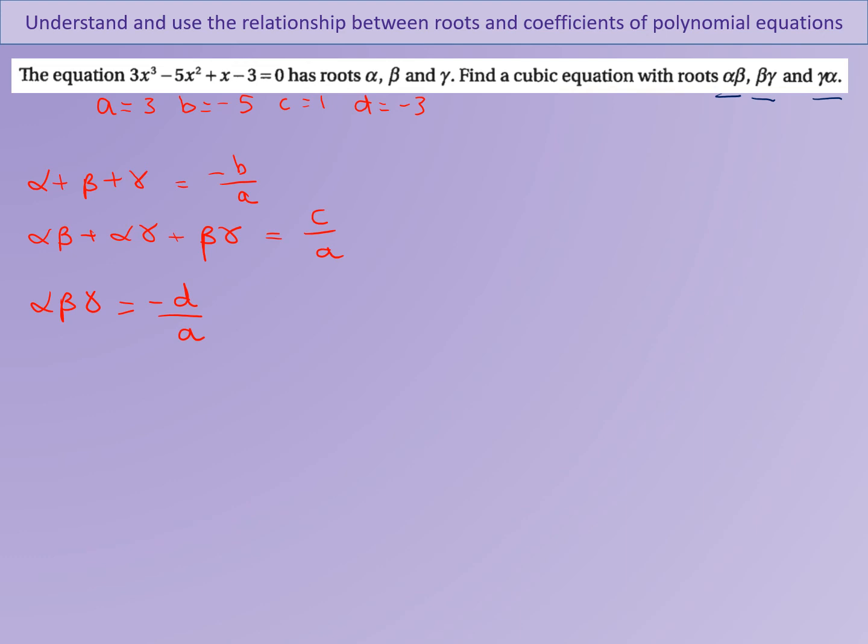Okay, so using the coefficients here, I'm going to substitute those in to work out the sum of the roots, product pair sum, and then the product of the roots. So we have, it's -5 there, so that's 5 over 3. c over a will be 1 over 3. And the final one we've got -3 over 3, all negated, so that is 1. Looking at the new equation,